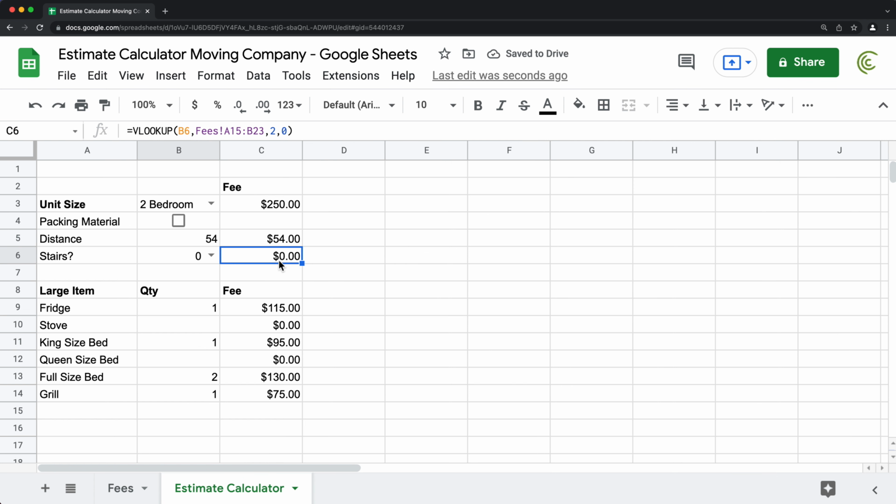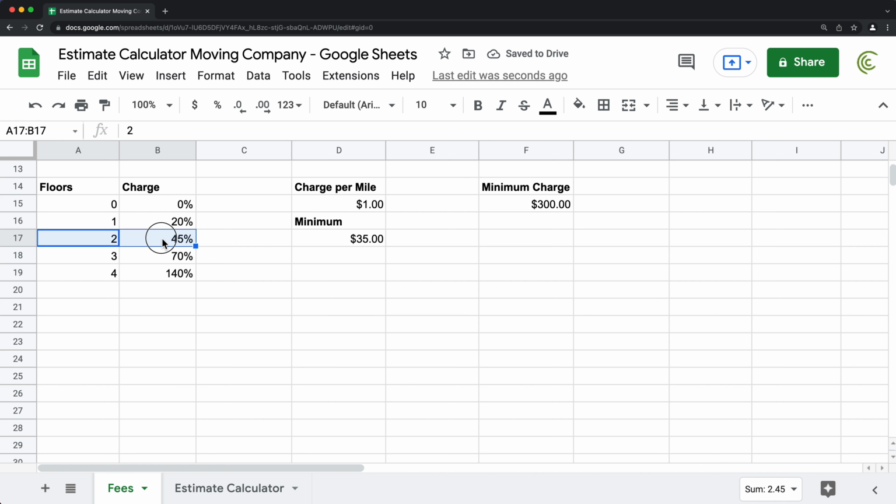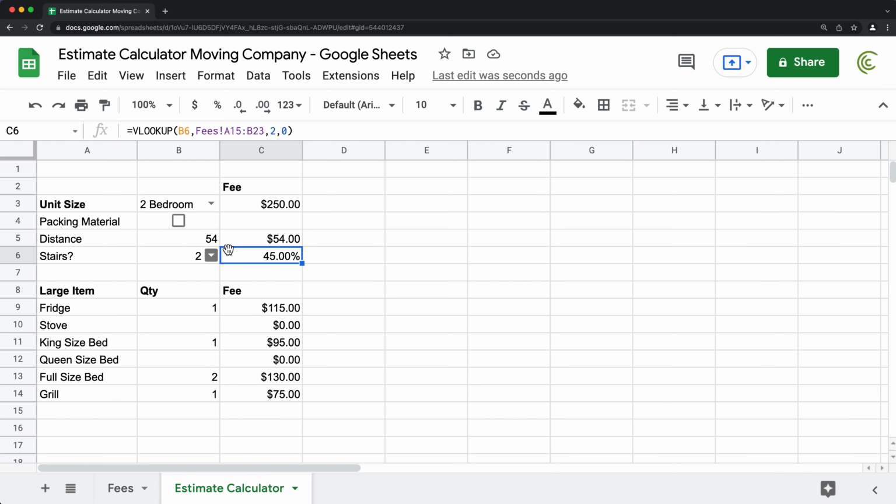Now this was formatted as dollar amount. So let's for now just change this to percent. So if I go and switch this to 2, see it's 45%, which is basically this number right here. If we go 0, it's 0. If we do 1, it's 20%. So there we go. So now we want to take that 20% and multiply it by the sum of all of